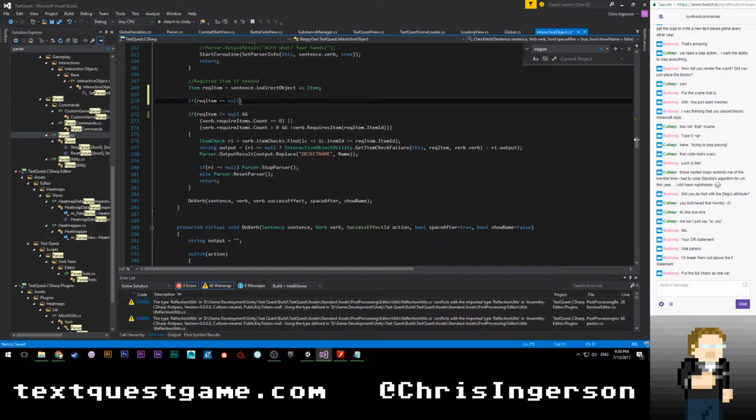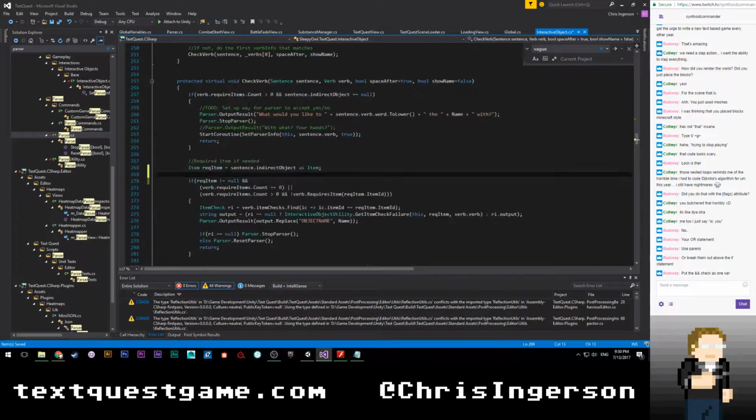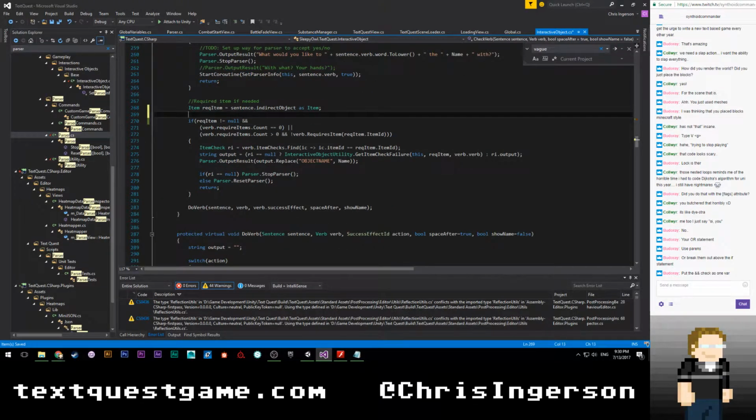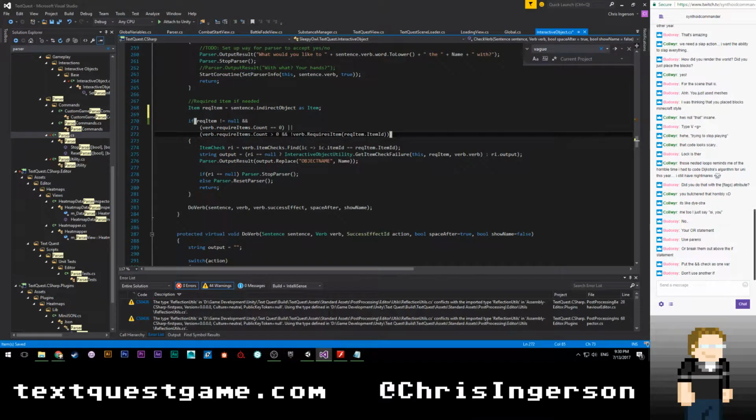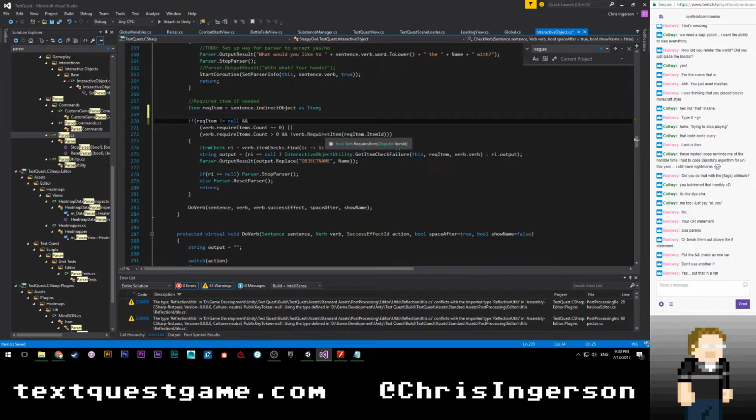See, that's the thing: I can't just say if the required item is null, then do something, because I actually have to include it as part of this massive statement. So if require item is null or is not equal to null and require items count is 0, hold on. Or if the verb require items don't count as greater than 0 and not verb requires item.